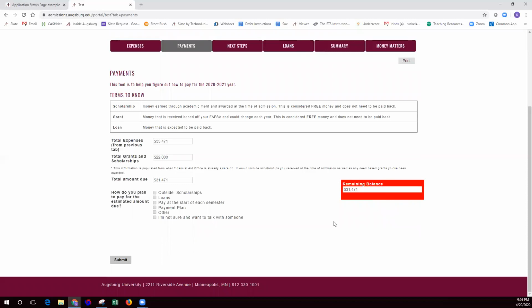And you'll notice that floating bar will be here as well. It remains red while the student has a balance. So in this case, the student has a balance of $31,000 remaining. And it asks the student, how do they plan to pay for it? The student can select any of the options,